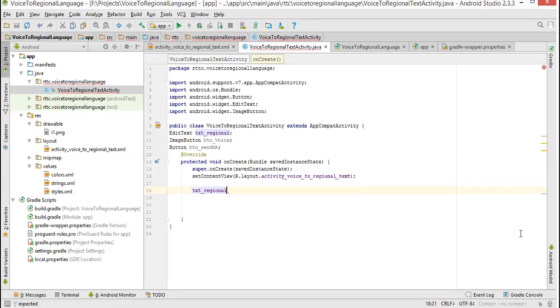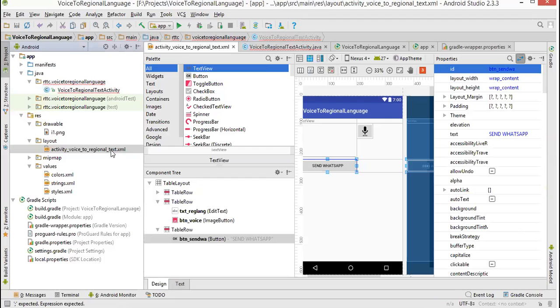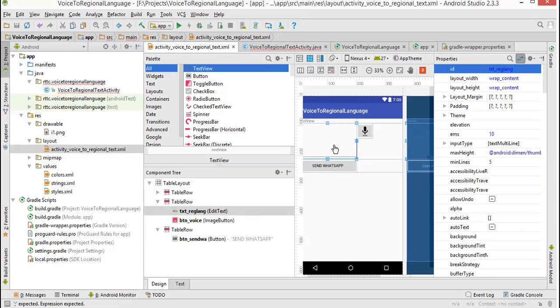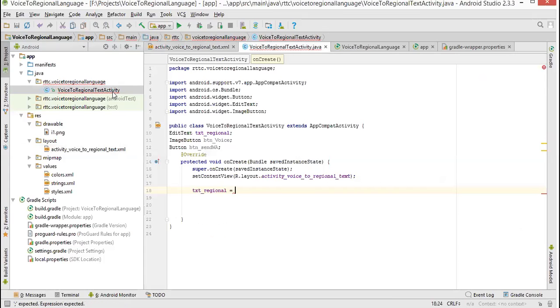See, it is available again as we have typed it above. Equal to, you have to find this element in the XML file. What is the corresponding element in the XML file? txt underscore reglang. That thing you have to access here.